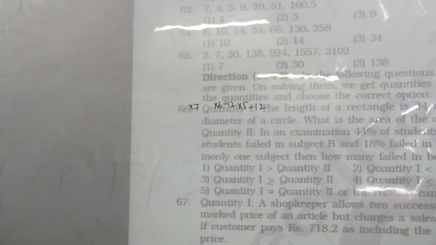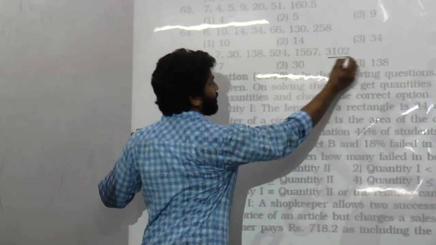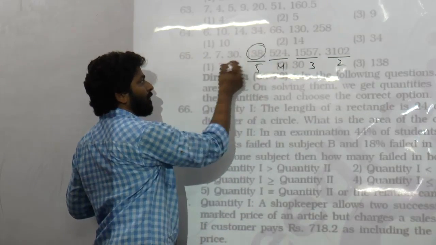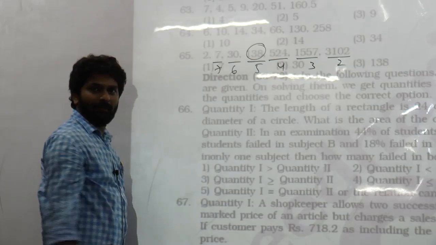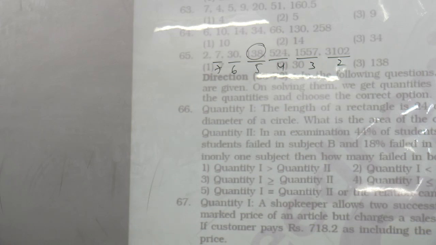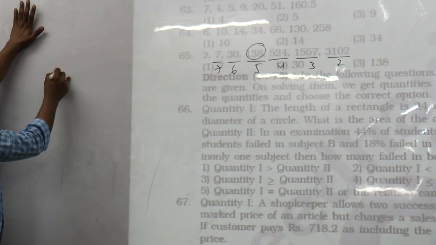బై 2 ప్లస్ బై 3. అంతేనా? ఆన్సర్ ఎంత? 138. 10, 18. గుడ్. 1, 5,